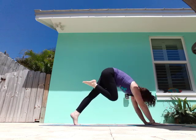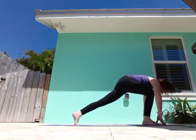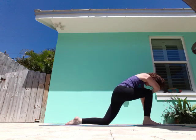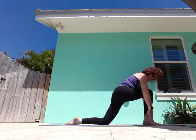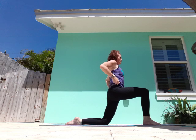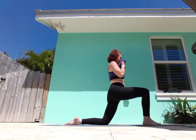And we exhale, step it up, flex that front foot, lower down, and flatten on the back foot. Coming on up as we squeeze those thighs. Good place to wipe your sweat. In neutral,